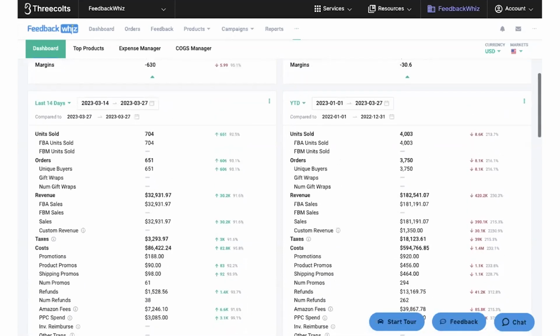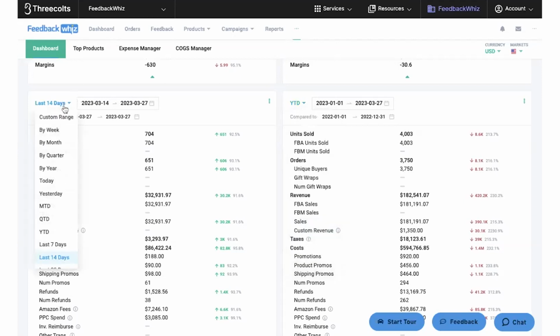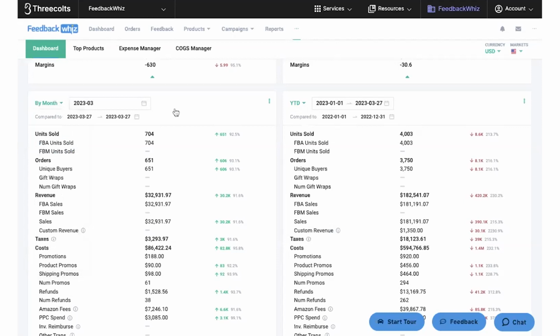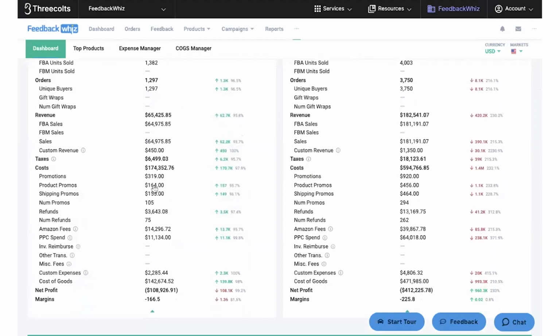So this does give you a quick overview in terms of what timetable you do have displayed here. And again, you can have more than 4 cards displayed. This will auto-populate easily once you select what timetable you would like displayed. So I'm going to go ahead and click by the month, and you'll see it generate by the month what is going on within your business.